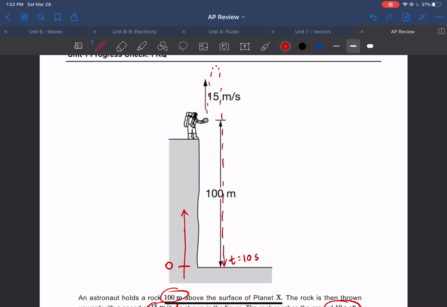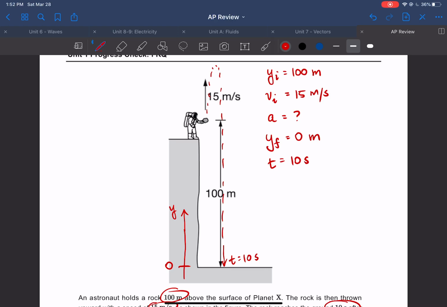Let's put 0 down at the bottom of the cliff, and we'll measure y going up in this direction. All right, so we have an initial position, which is going to be 100 meters. We have an initial velocity, which is going to be 15 meters per second. Notice that's positive since it's going upward. And our acceleration is unknown. And then we have a final position, 0 meters, when it lands at the bottom, and that happens at t